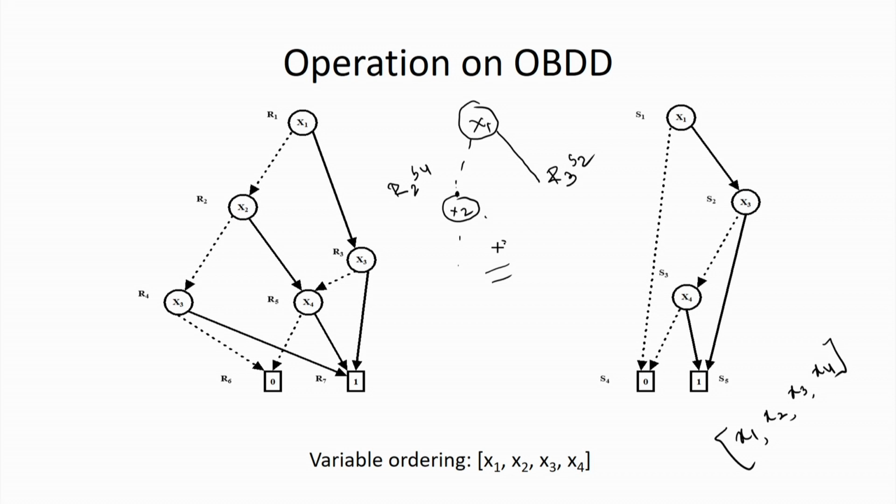And similarly, now when I am coming to R 3 and S 2, both are x 3 node, then we are going to create an x 3 node and apply the method for this particular part. Because from x 3 we are coming to this particular part, here I am going to have the evaluation, because already we have taken a decision on x equal to 1. So, this is the way we are going to construct. So, here x 2 node and here x 3 node.